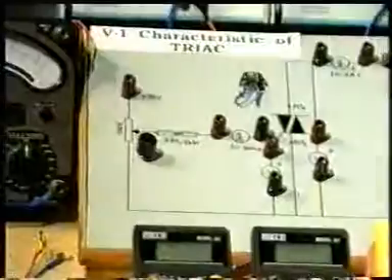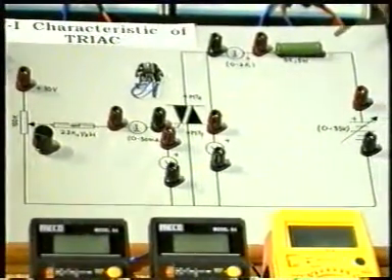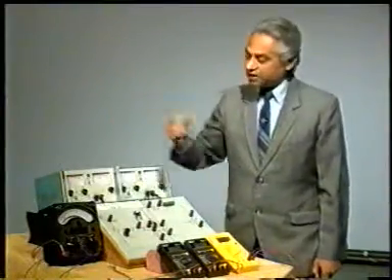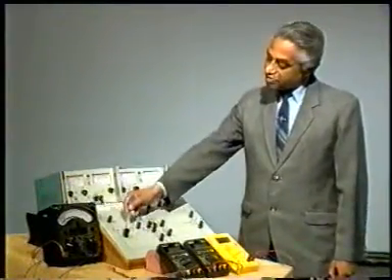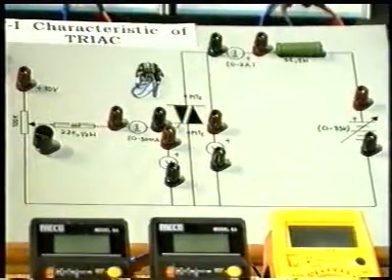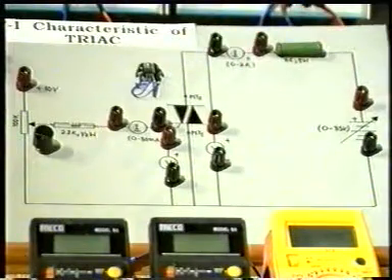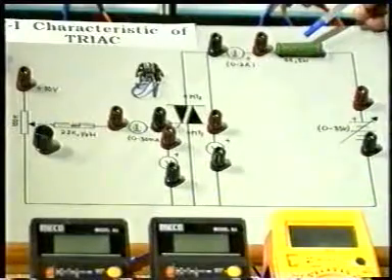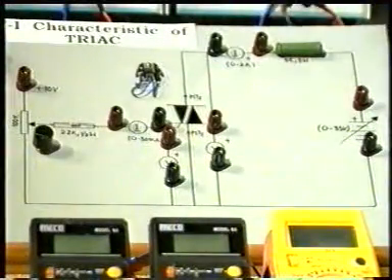Purposely I am doing so because I have to note down the current across the device when it triggers, and right at that moment you will find a shoot in this multimeter. So this is all about the circuitry. Of course this is the potentiometer. By varying this I will vary the gate current, and at a particular value of gate current this triac is going to trigger and it starts conducting. This is of course a 5 ohm 5 watt resistor which will act as a load resistor and to bear the total current in the circuitry.